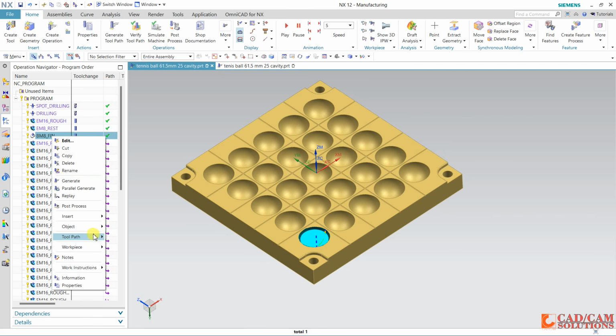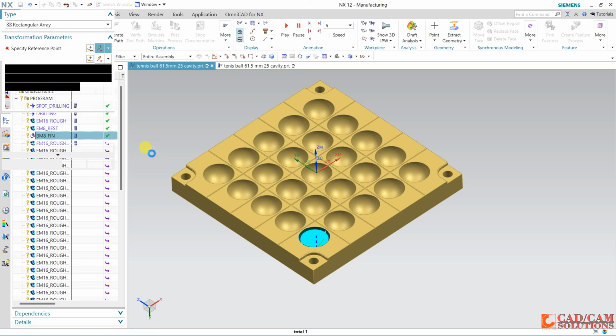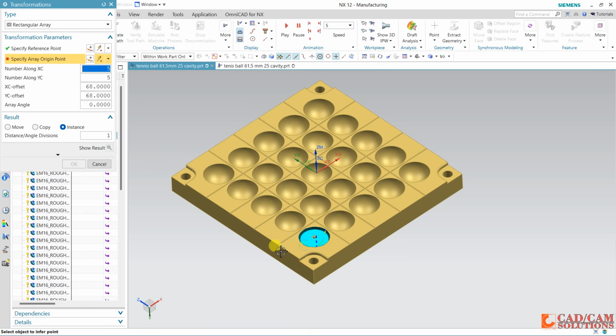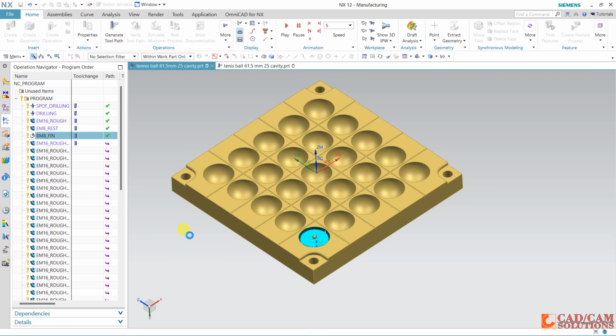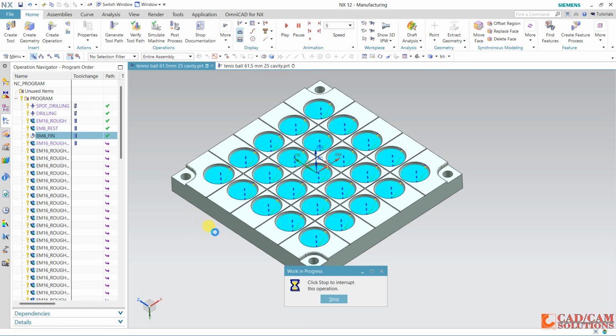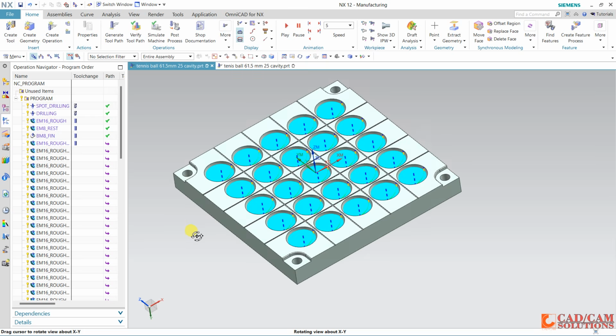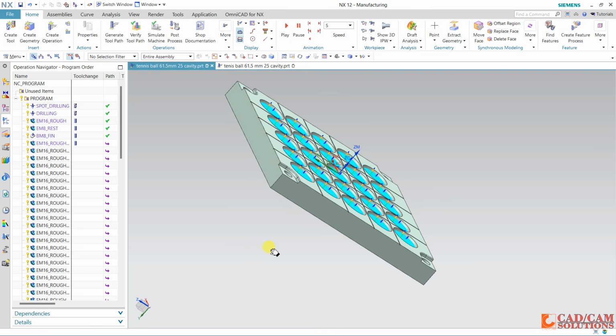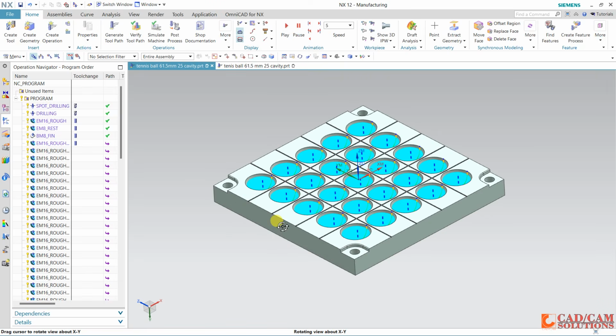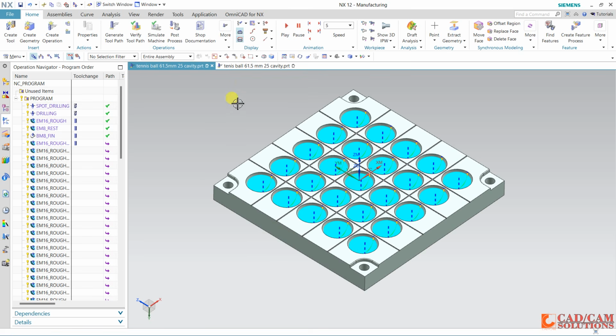Right click, object, transform, this, again this, and okay. Okay, and play from here.